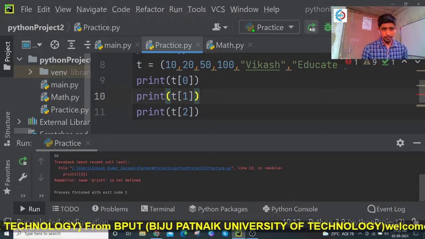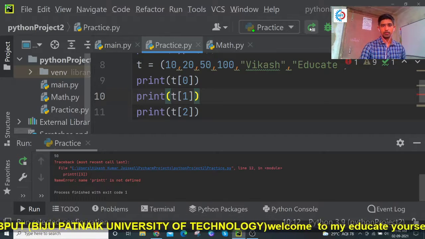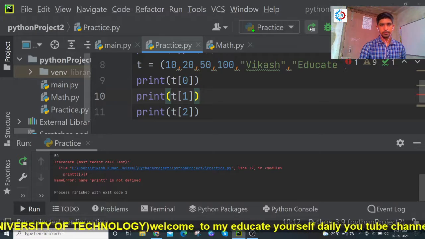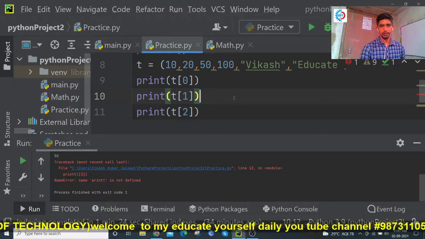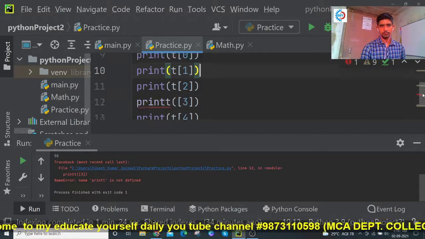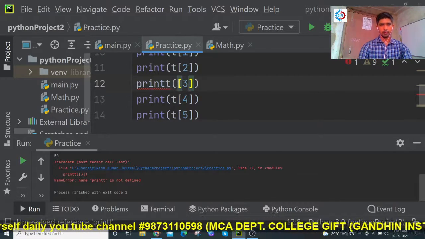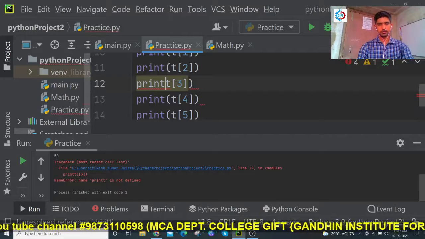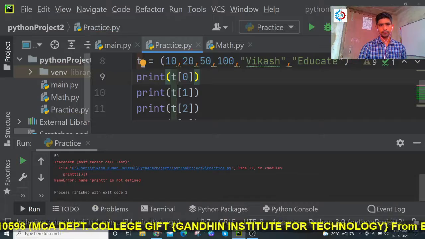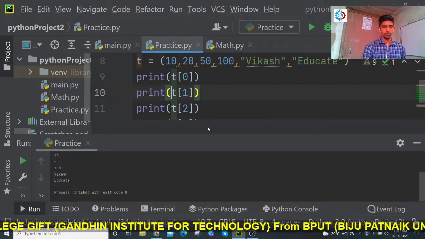Name error, name print tt is not defined. Where is print tt? Oh, print tt. Let me cut this and put it here. Now my program is ready. Now I will run this program. Let me see what will be the output.